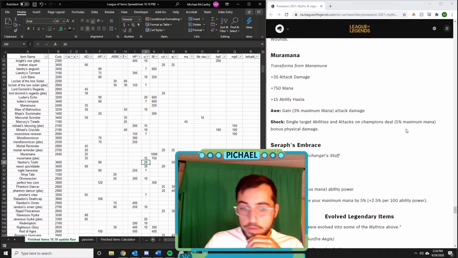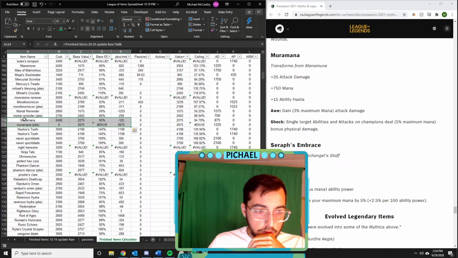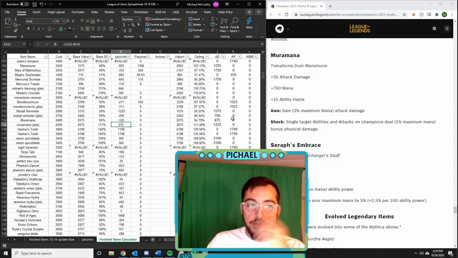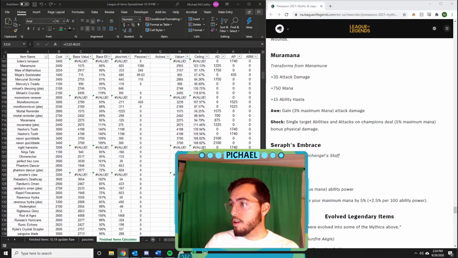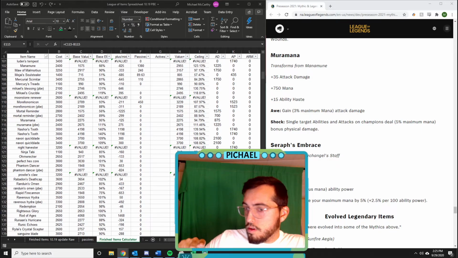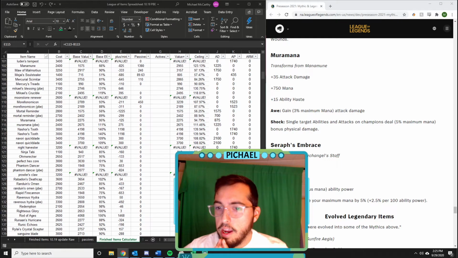Muramana, one of my favorite items. So we'll just do that. Plus 275, and it gets better. Let's make sure that nothing else really changed. Gain 3% maximum. This is much better now. Gain 3% of your maximum mana as attack damage. It used to be bonus attack damage,